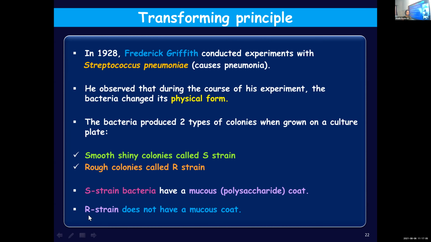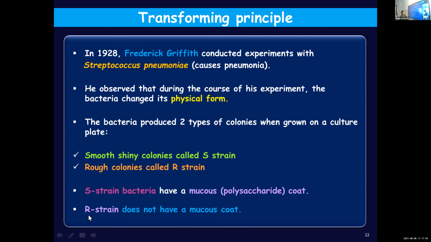Once again, in 1928, Frederick Griffith. You should be familiar with the names, and sometimes you get confused between the experiments and the scientists. So you have to make some code or mnemonic to relate the experiment with the scientist. For example, if the contributions of Frederick Griffith are asked in the question paper, and you write the contributions of some other scientist, you will not get marks. So you should somehow relate the experiment with the scientist, so that there won't be any confusion.